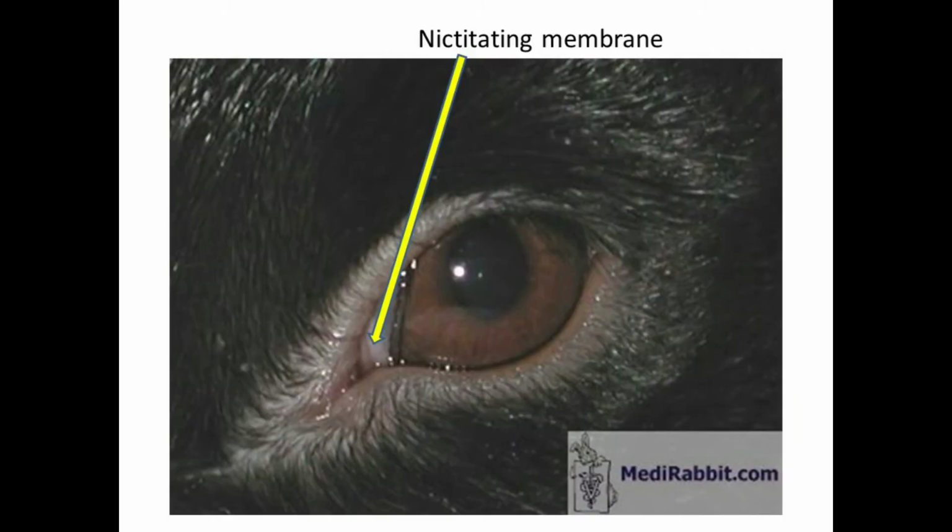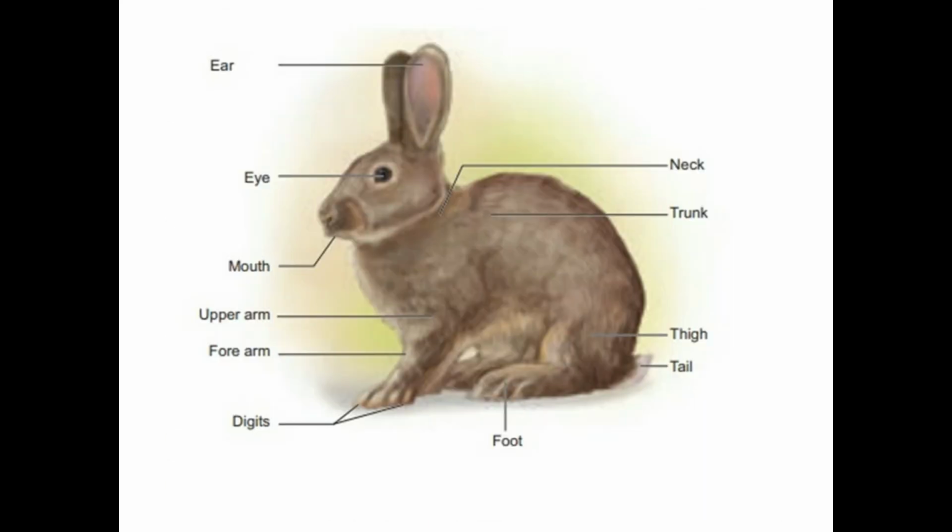The eyes are seen on either side of the head, so they are laterally placed, and each eye is guarded by an upper eyelid, a lower eyelid, and there is a membrane present which is called the nictitating membrane. The eyes are provided with eyelashes. Behind the eyes is a pair of external earlobes, which are also called pinnae. Each earlobe is called a pinna, which is a characteristic feature of mammals.